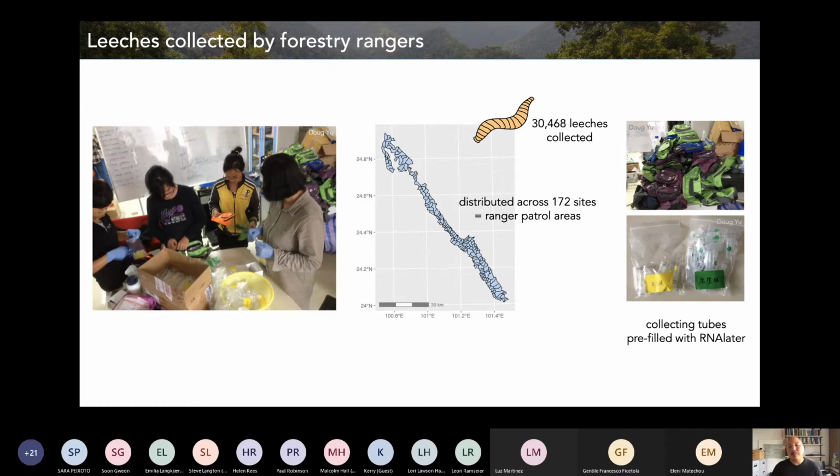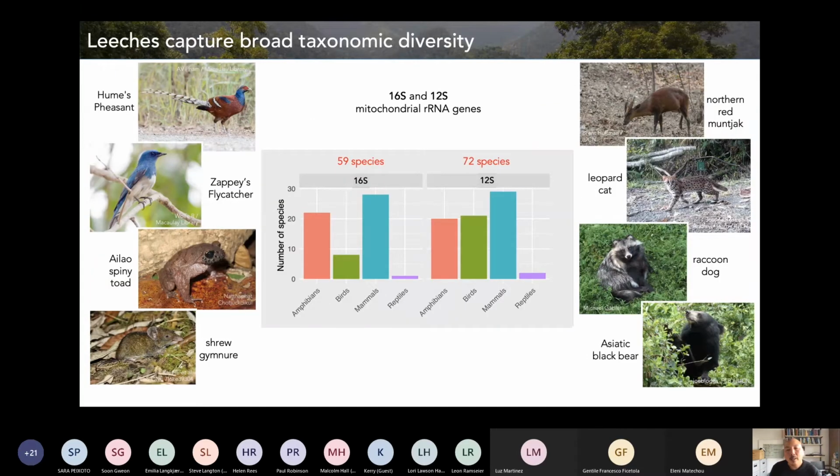So we had repeated samples, and then you see these little areas, and that's one. These are 172 patrol areas. So we asked rangers to collect leeches. So we had multiple samples from multiple patrol areas, and then we took those leeches and we amplified two different